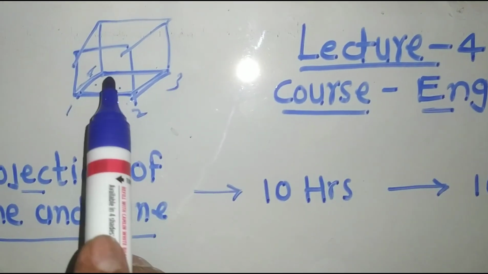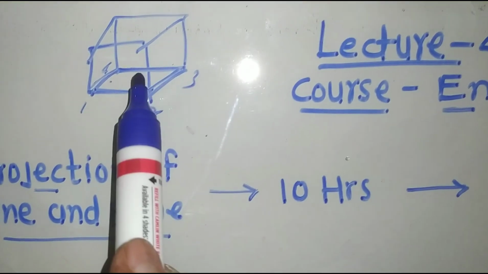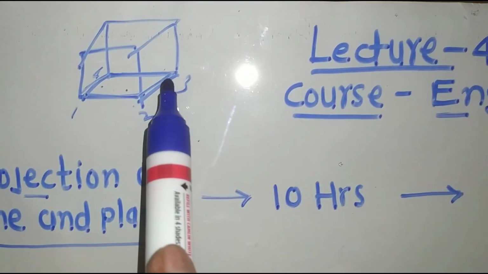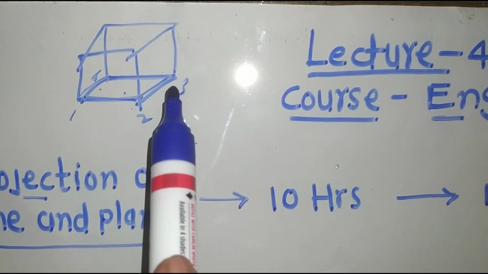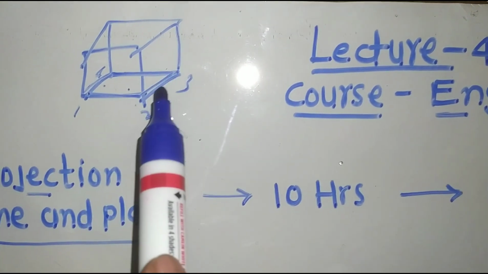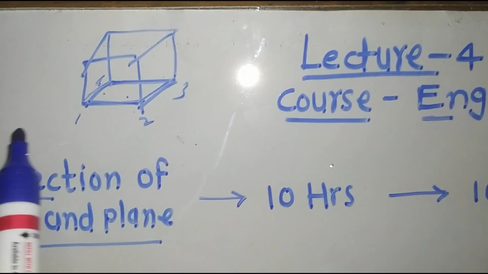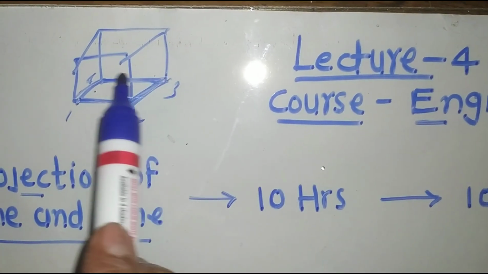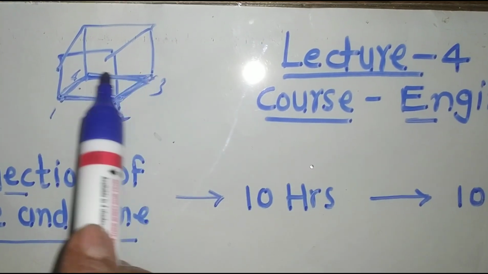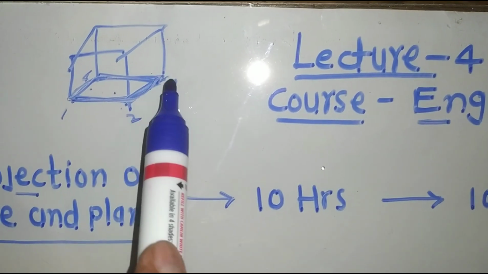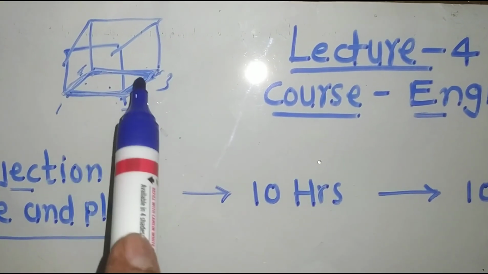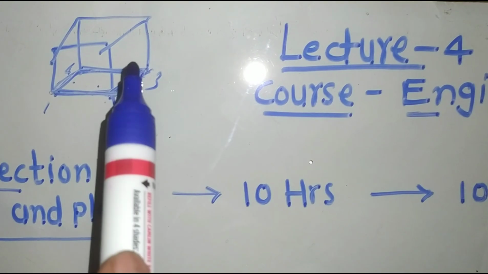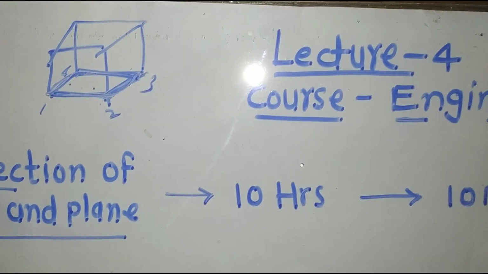If you join 6 such squares, if you weld them or paste them with Fevicol, then we will obtain the solid cube. So the solid is a combination of points, lines and planes, where a plane means a plate, and by these planes we form the solid, that is the three-dimensional object.